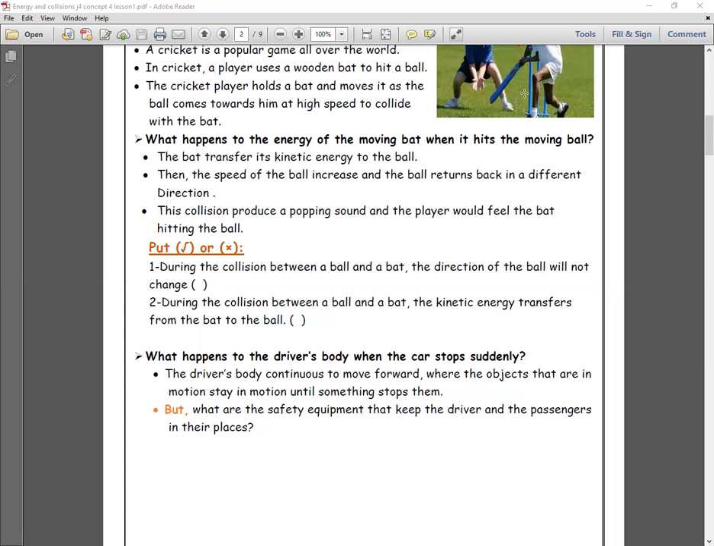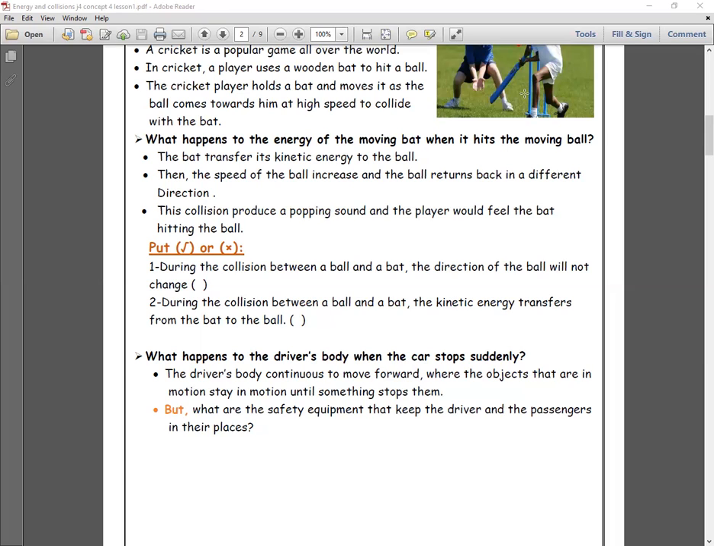Forward, then backward. Why? Because we also took the same speed as the car. We start with the car at a speed of 60 kilometers per hour, and both the car and the person make their speed zero suddenly. Okay, so